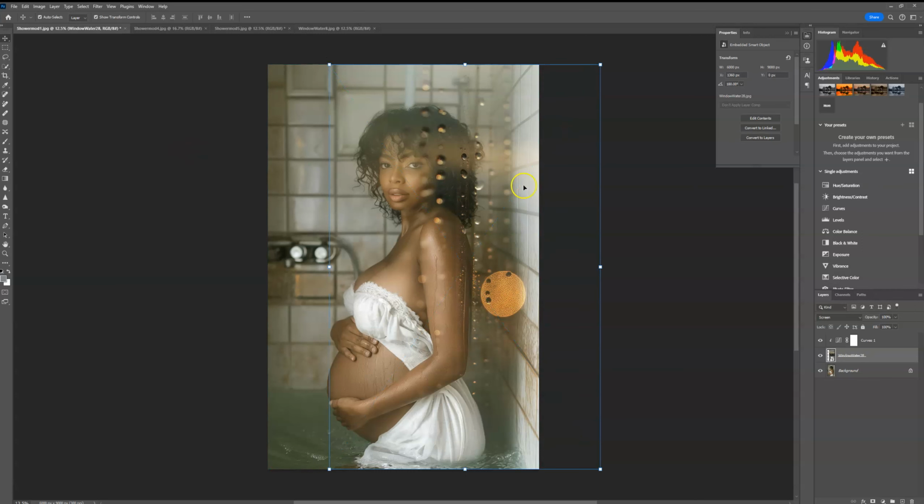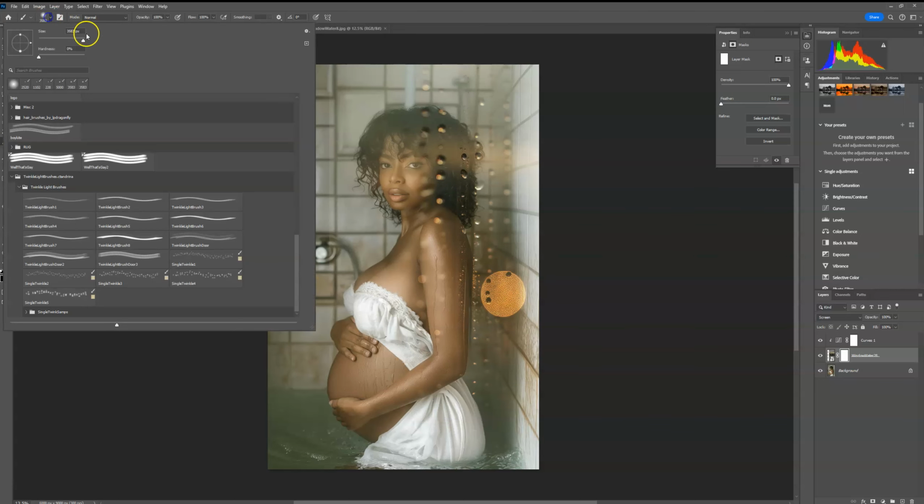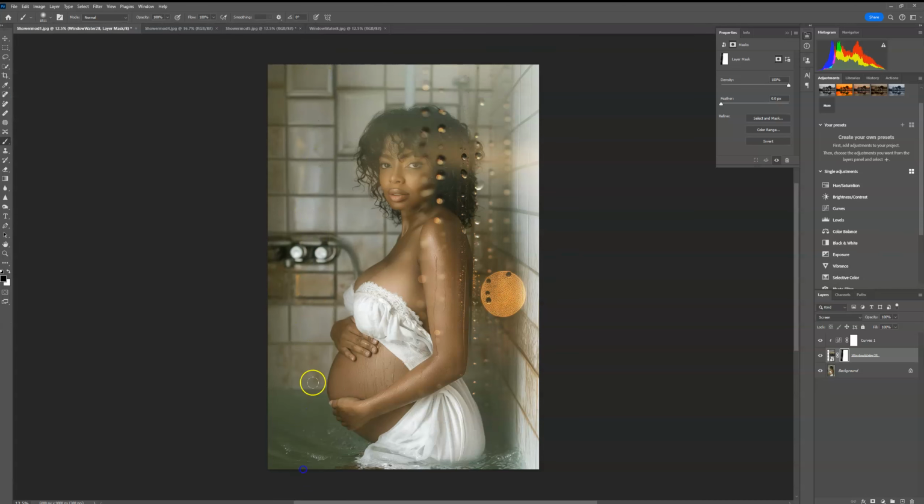The great thing about the water drops on glass is the water doesn't have to be everywhere on the glass, so it doesn't have to cover the whole image to look realistic. Now, there's going to be a line right here from my overlay, so I'm just going to go ahead and create a layer mask. Use a black brush, a larger one so I can feather it a little bit more at 100% opacity,